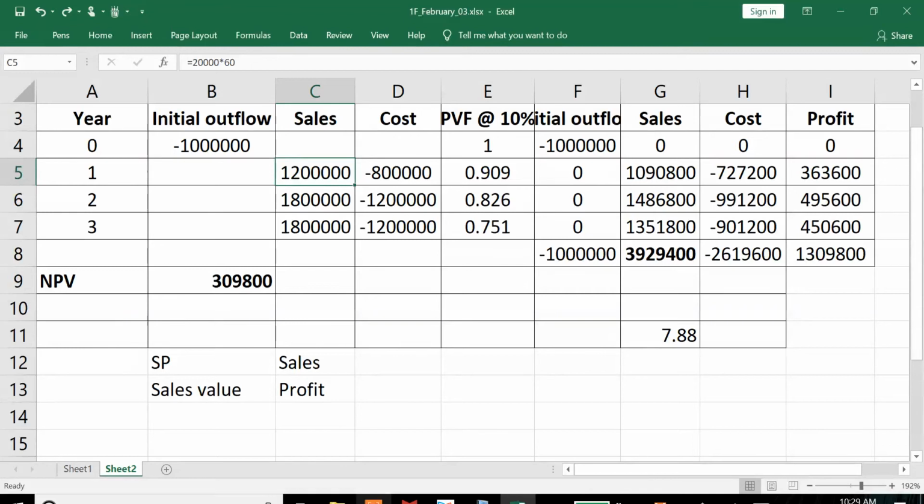Any doubts on this? Full stop. The project will generate 0 NPV